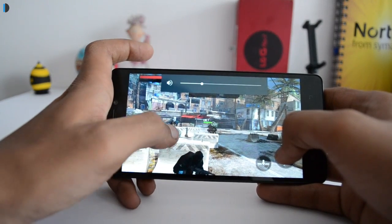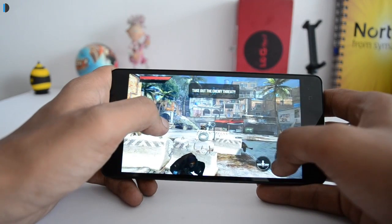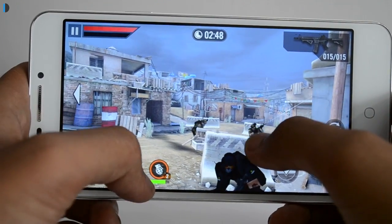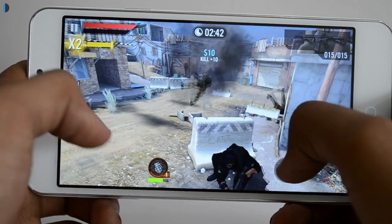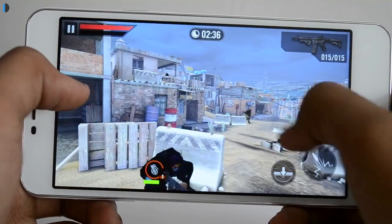But at the same time, it prevents the phone from getting too hot. The maximum temperature that we observed on this phone was up to around 40-42 degrees. Whereas on the Yureka Plus, which comes with Snapdragon 615, we found that there is no such throttling going on, but it heats up more and reaches a temperature of 45 degrees easily. This is a small difference of around 3 degrees, but when it comes to gaming performance, they are very close,